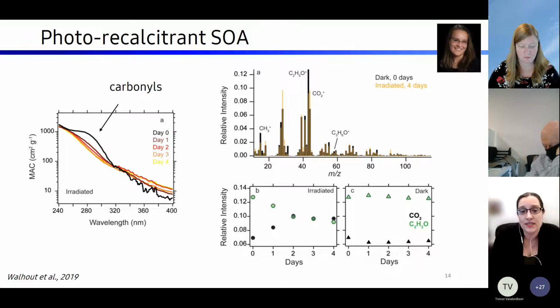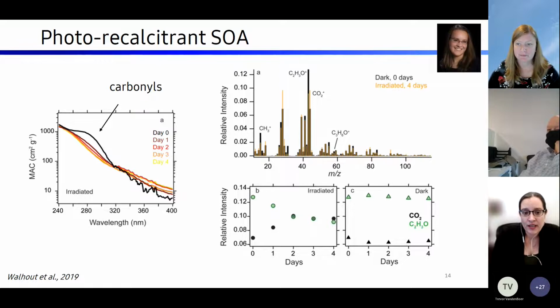And then in this case, we see an increase in our products are likely made of acids. And we can look at this in terms of the time series that's shown down below. And we see a similar trend there as well. So a decrease in this C2H3O+ in the green out to 2 days. But then after 2 days, things are really slowing down. They're stopping. So on days 3 and 4, there's much less change occurring in terms of the chemical composition